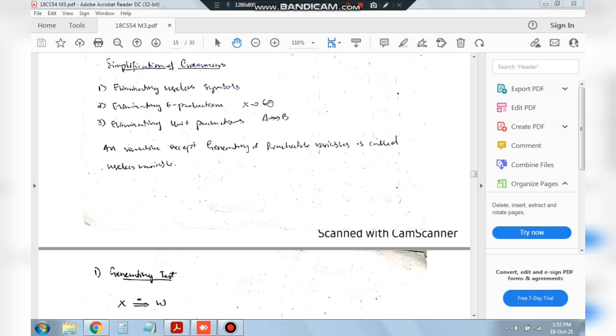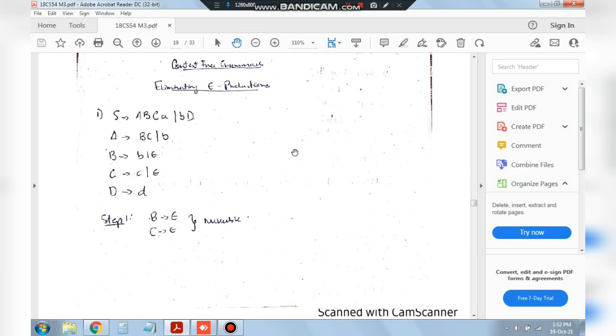So let's consider some examples and see how to do that one. In this we'll be eliminating the epsilon productions, and these are the symbols which are given to us, the terminals and the non-terminals reaching from these symbols. So first, since we are eliminating the epsilon productions, we'll be choosing those letters which